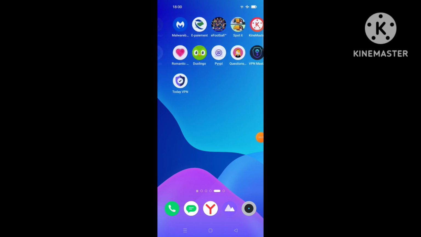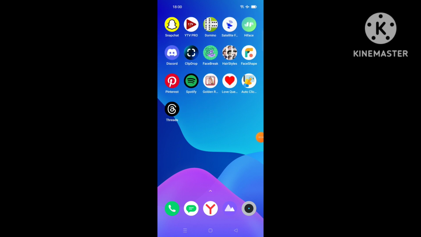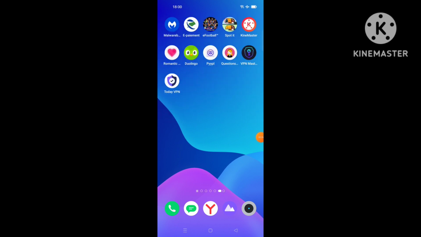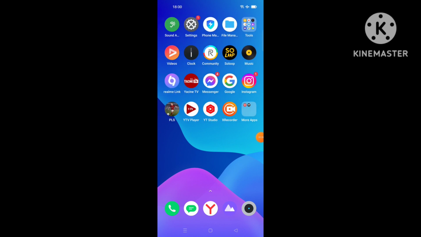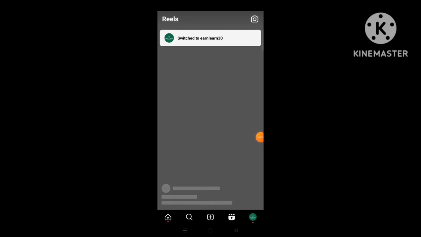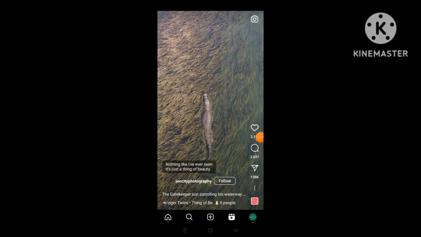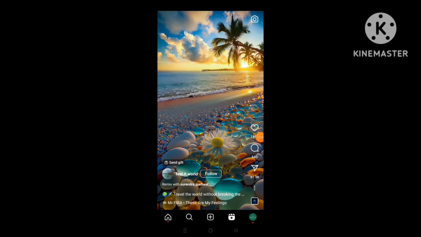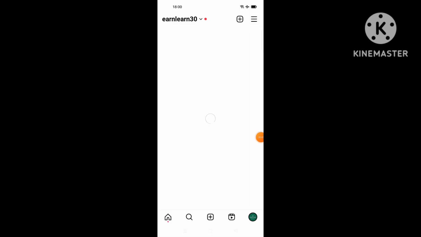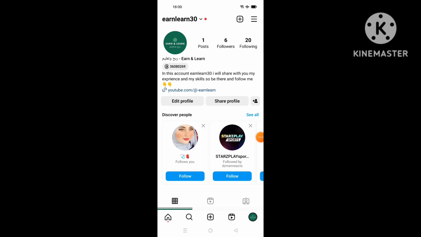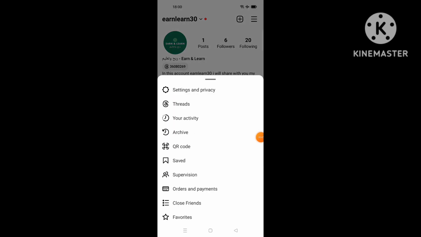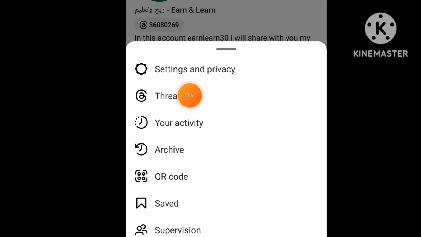First thing you want to do to see this new app on Instagram, open your Instagram app. Then it shows you your Instagram. What you're going to do next, go to the profile icon down right, then go to the three lines here. Then, as you see in the menu, it shows you an option called Threads here in the second